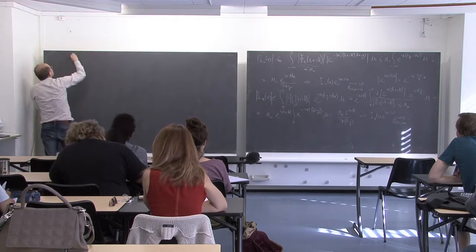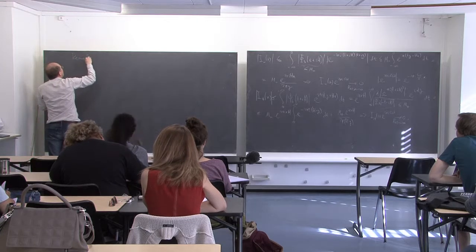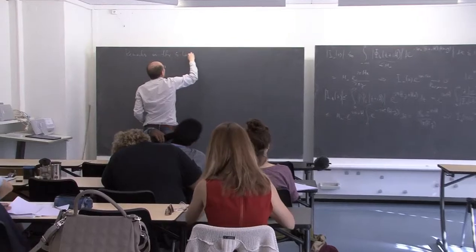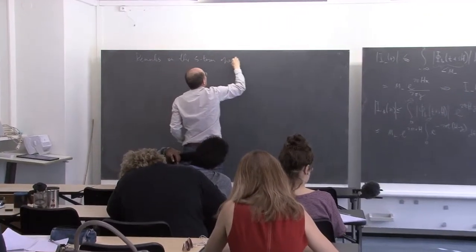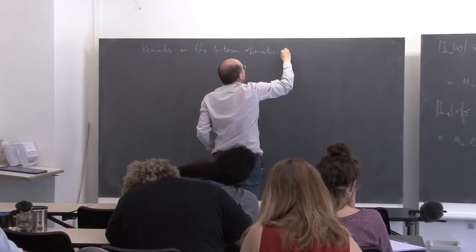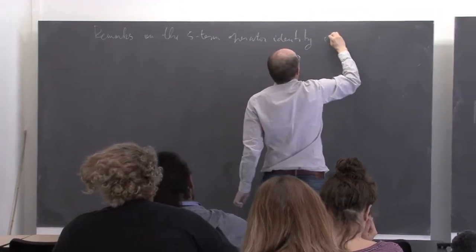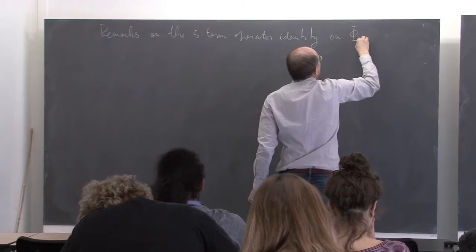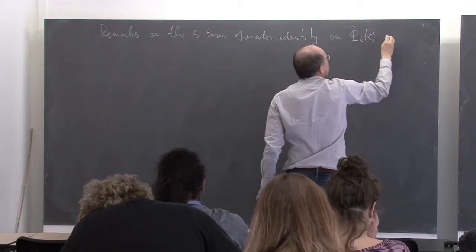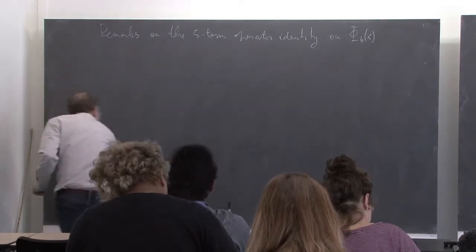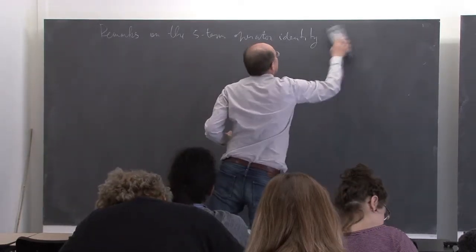So remarks on 5-term operator identity on phi_b of x. Okay, so far not on phi, just the